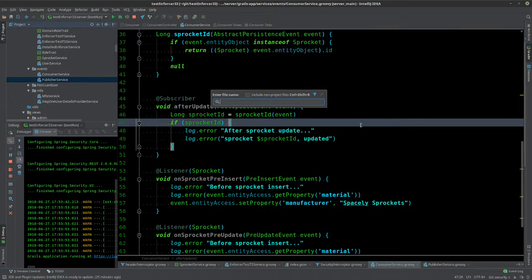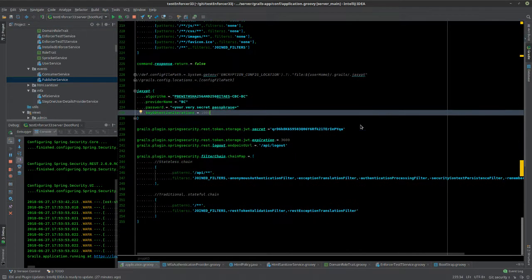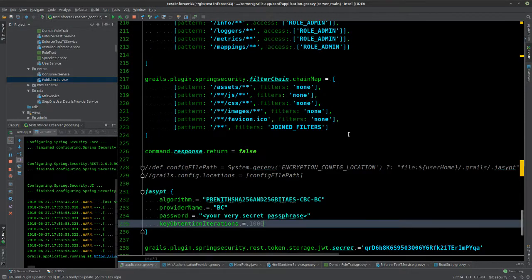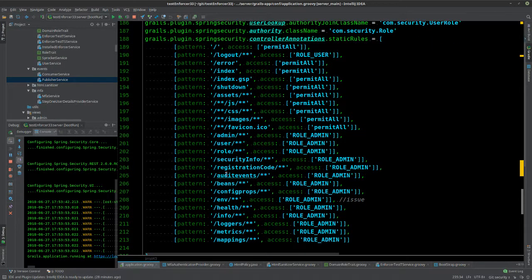So I'll show that in application.groovy. Assuming you have Spring Security, I added static rules for basically all of these here, and I just added them to the admin role, which I already have set up.